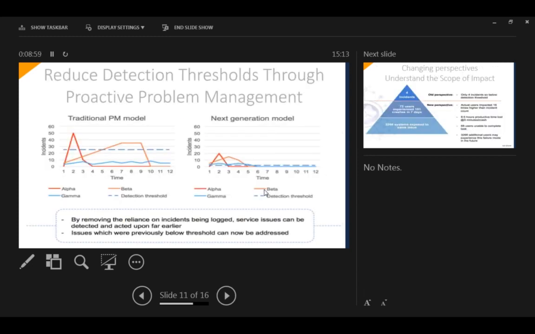So with that in mind, we're going to look at some customer data that we have. And again, if you were on the webinar last time, you would have seen this information. This is around reducing detection thresholds through proactive problem management, which is something that I'm sure we all aspire to. So on the left-hand side, we have the traditional problem management model that was employed by this customer. And as you can see, the detection threshold there sits at around 24. So on 24 incidents into the service desk, there would be a problem raised, and it would go through the